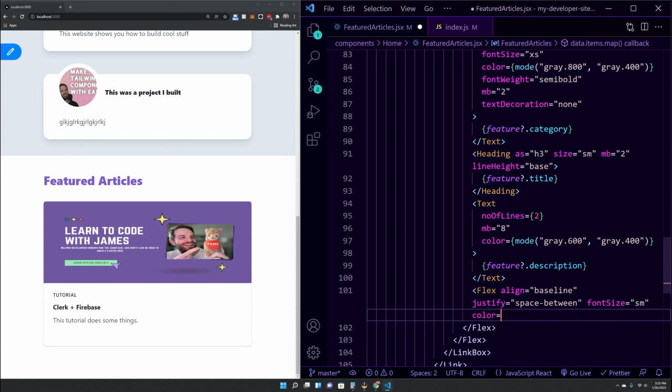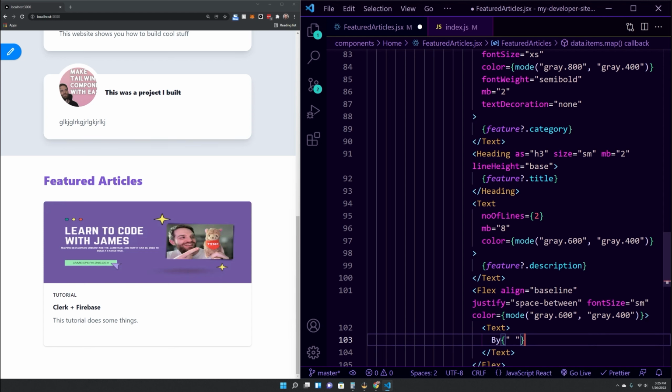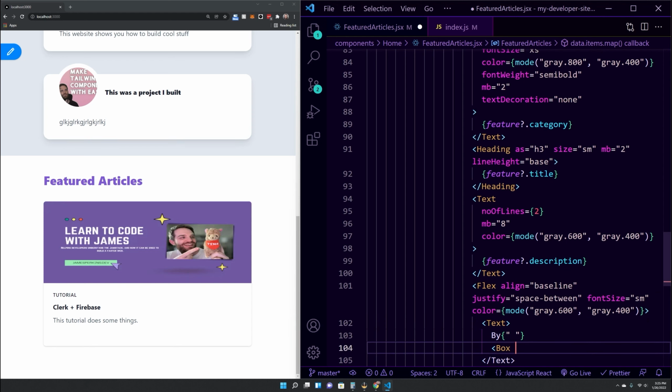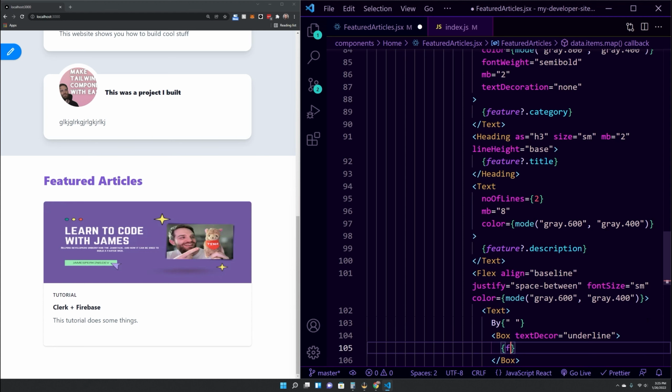Color equals mode, and we'll do the same as this one. So we can just copy this and drop it in here. And then inside of here, we can do text by, and underneath that, do box and say text decor underline so that it's highlighted, and say feature